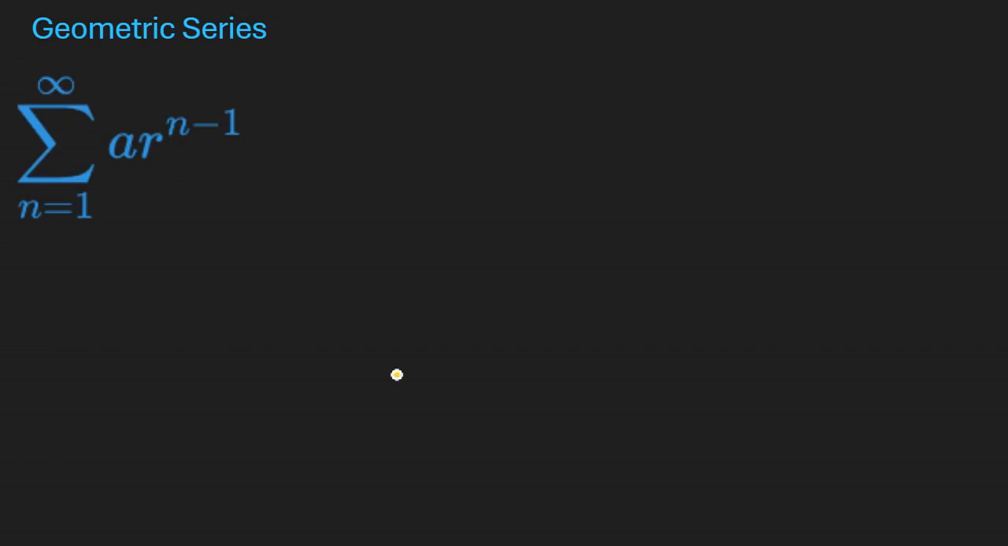Hello, in this video I'm going to look at the geometric series. Basically, a geometric series is one where you have a sequence that has a common ratio. For example, if you have a sequence, let's say that you have a sequence that's defined as